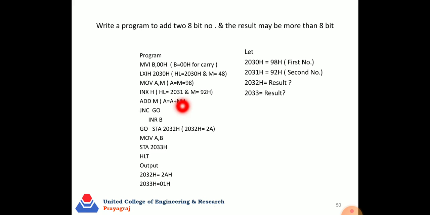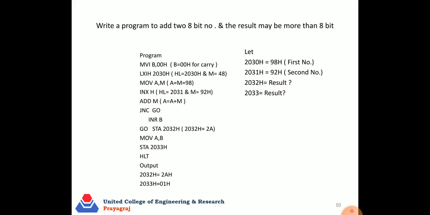So if we add two 8-bit numbers and the result is also 8-bit, that means there is no carry. If the result is more than 8-bit, then there is a carry.